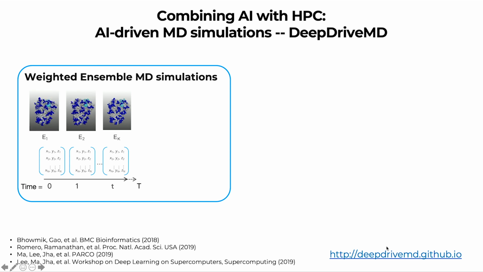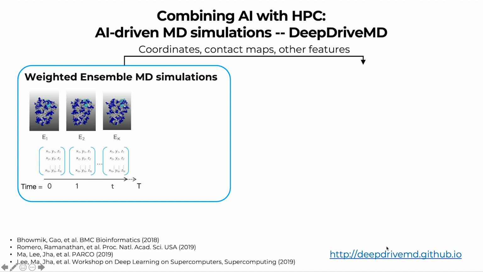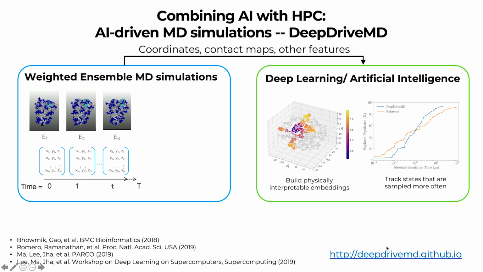Obviously, it would be humanly impossible to look at all of these data frames and understand what sort of conformational changes are going on. In order to do that, we decided to use machine learning, specifically deep learning approaches, to characterize the conformational transitions. We take the inputs from these simulations as coordinates, contact maps, as well as other features computed from these trajectories, and process through them using our deep learning ideas. The objective of the deep learning idea is twofold. One is to build a low-dimensional representation of this data such that we can identify all of the conformational transitions that are sampled from these trajectories.